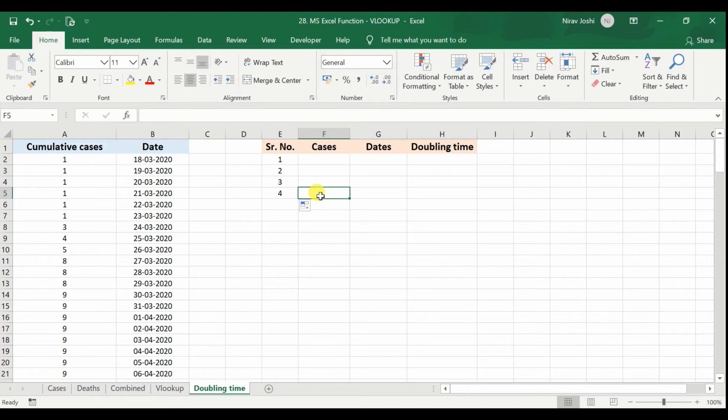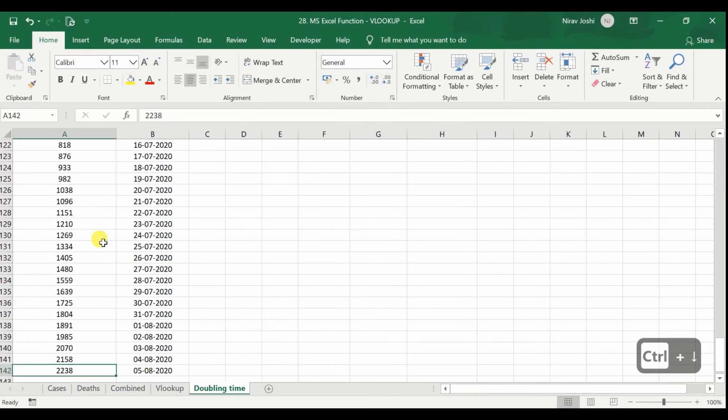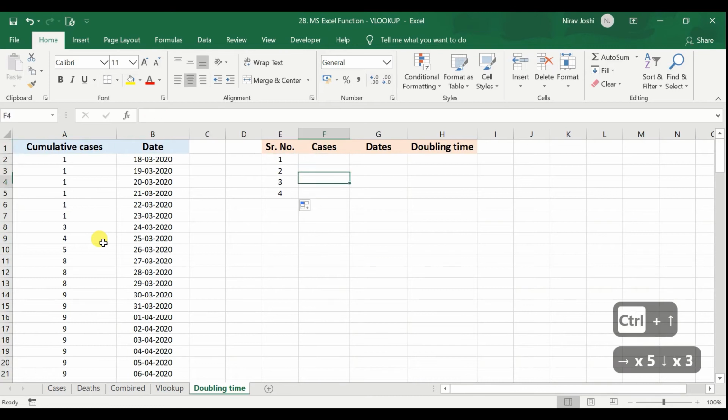This doubling time has a specific formula for calculation, but here we are using a simple method, in which we calculate on which date the number of cases was exactly half of the current number of cases, and then calculate the duration between these two dates, and that will give us the doubling time. So right now we have a total of 2238 cases.